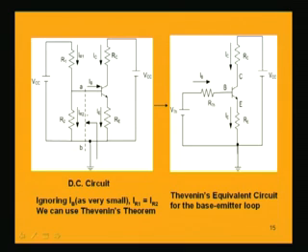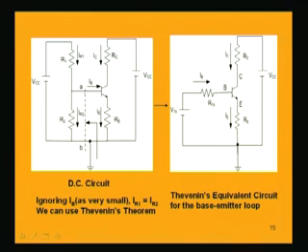As we know, Thevenin's equivalent circuit consists of two things: the Thevenin's equivalent voltage and the Thevenin's equivalent resistance, which we have to find out first. In order to find the Thevenin's equivalent voltage, we open circuit these 2 points and find the open circuit voltage across them. To find the Thevenin's equivalent resistance, you kill the independent source VCC and find the equivalent of these 2 resistances. So, now in order to do that,